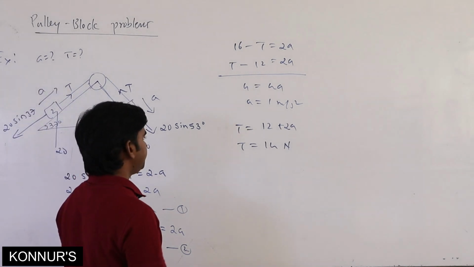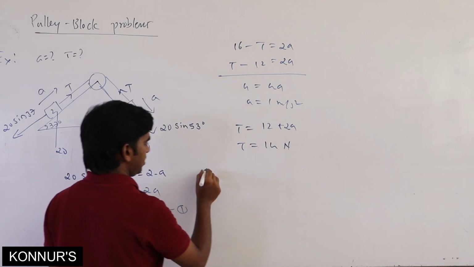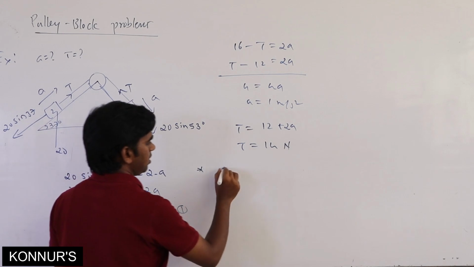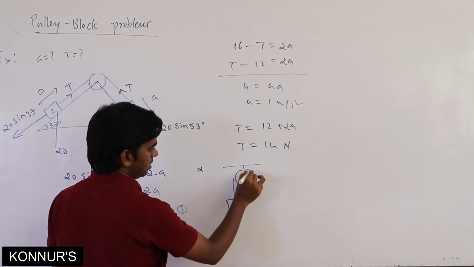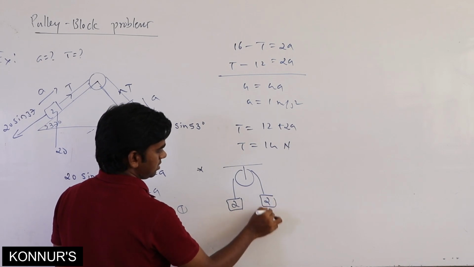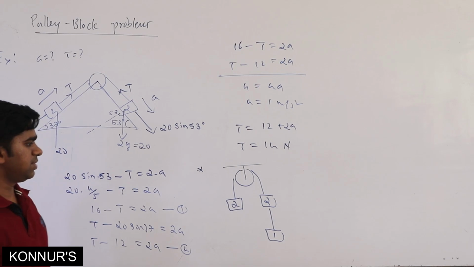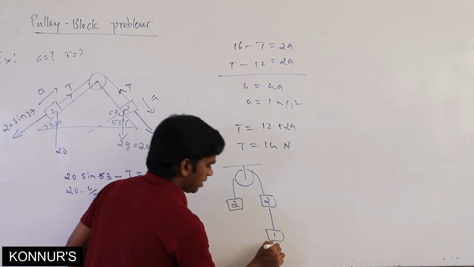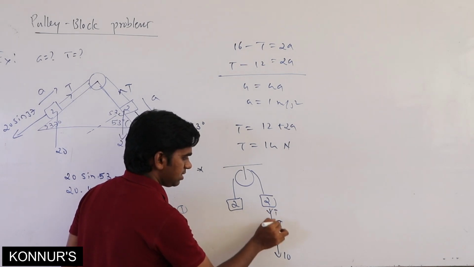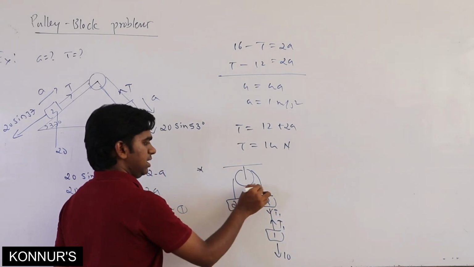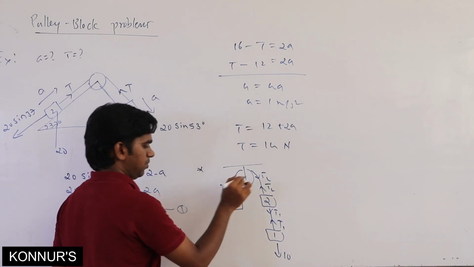So similarly, suppose I take the example of 3 bodies connected. A pulley is there, one body 2 kg is here, another 2 kg, one more I will connect 1 kg. We have to solve this one, I will just give the hint. So what is the downward? 10. Upward is T. Here again it is T. We will take it as T1. Here it is T2. Okay. So here it is T2.